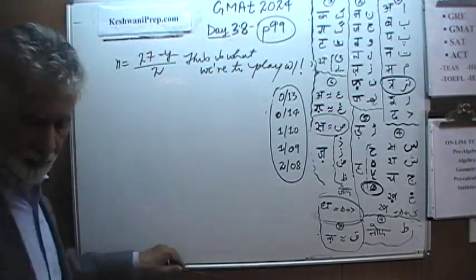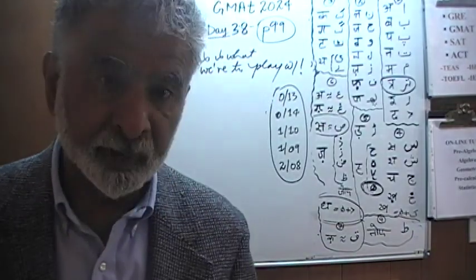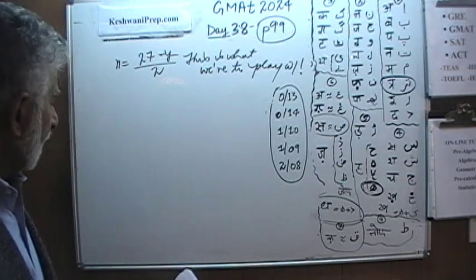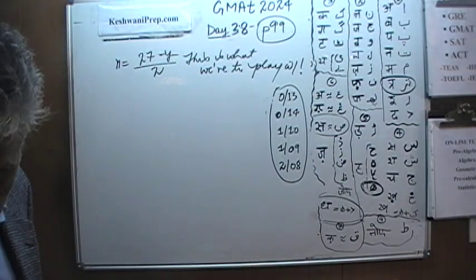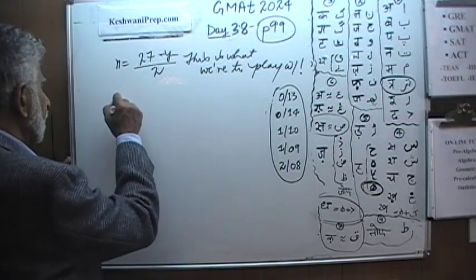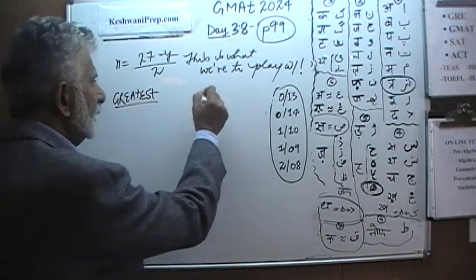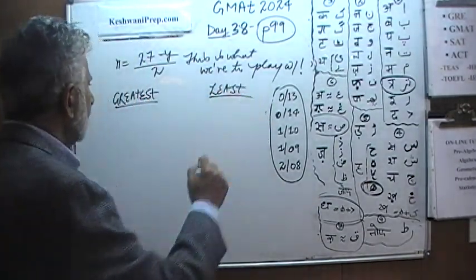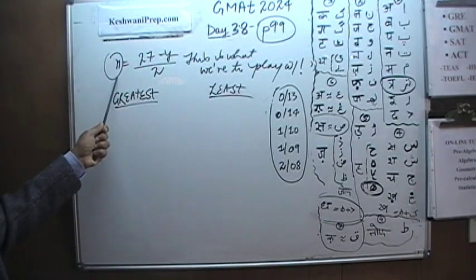And we're simply trying to determine the maximum and the minimum value. We are almost there. We are almost done. As a matter of fact, we are only seconds away from getting done. So here we go. Let's first look at the greatest possible value, and then we'll take a look at the least. Okay? Let's begin. If you want n to be as large as possible,